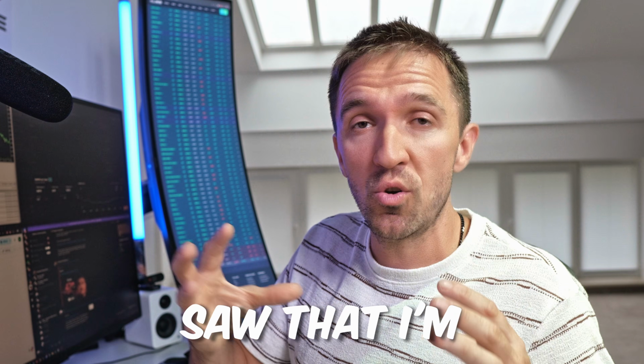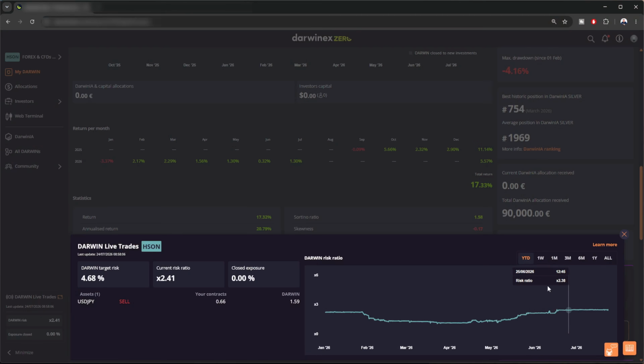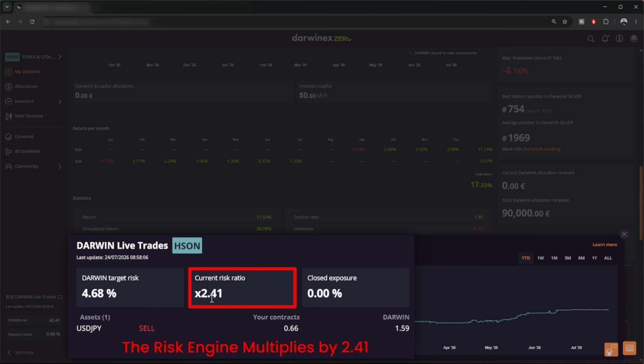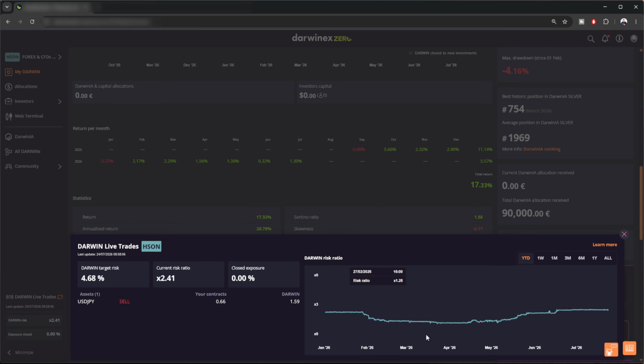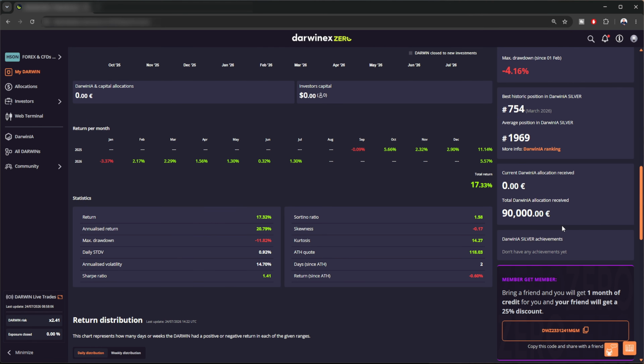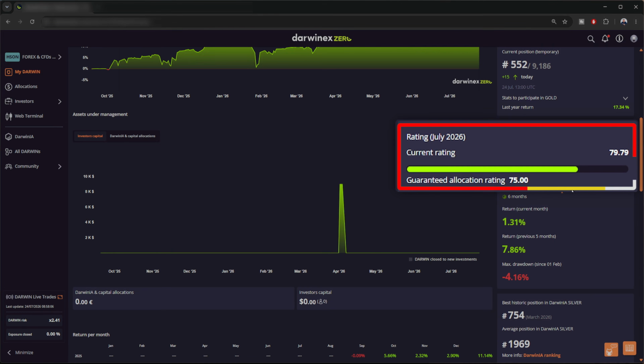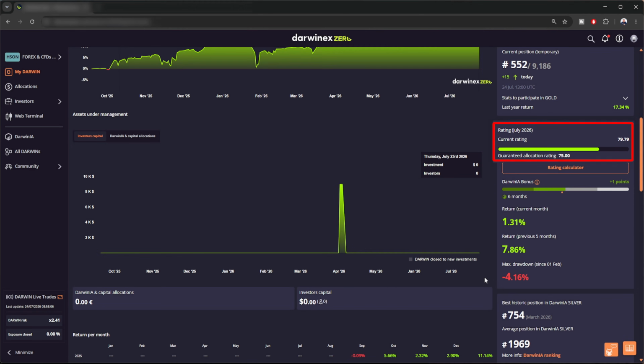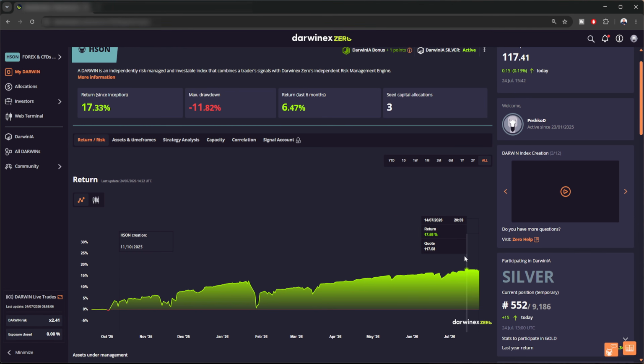In other words, once I've put this portfolio together, and I'll share with you which are the EAs I'm trading there, the risk engine saw that I'm trading very low risk, so it multiplies by exactly 2.41 at the moment to execute in my Darwin. So I expect to have a good allocation from the beginning of next month, but the problem actually here I